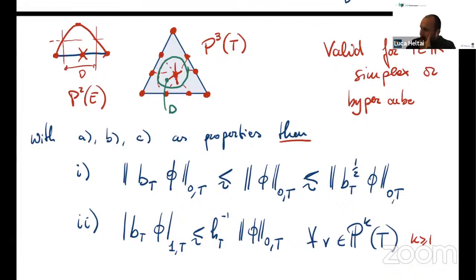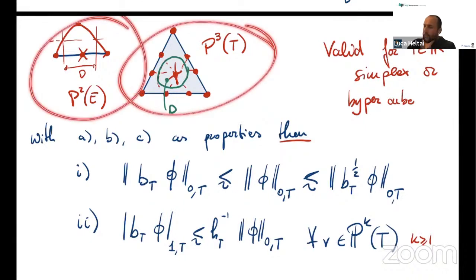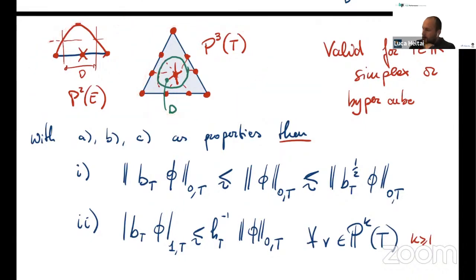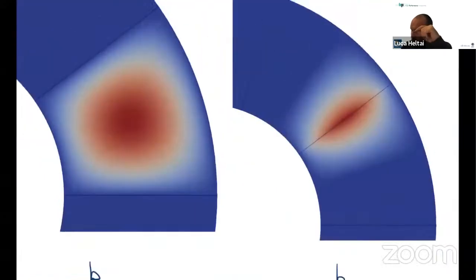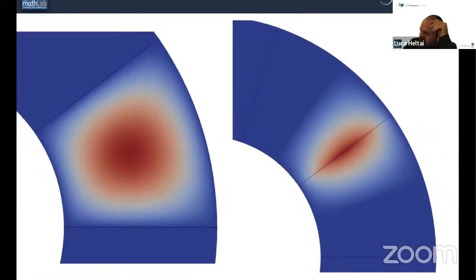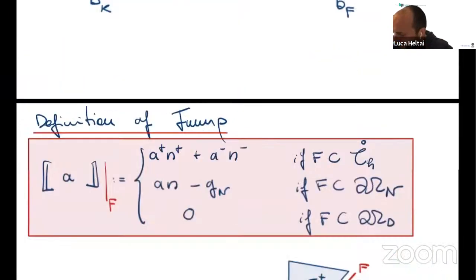So this is an example of bubble functions. It's these finite things, and of course this is the simplest case for simplices. For simplices, it's very simple to write, and for quadrilaterals, it's even simpler. So the picture that I showed you at the beginning, which is this one, shows you an example of how this works, where the level set of 1/2 is roughly this over here. And the same is valid for this object, and I'll talk about this object right away. Okay, so